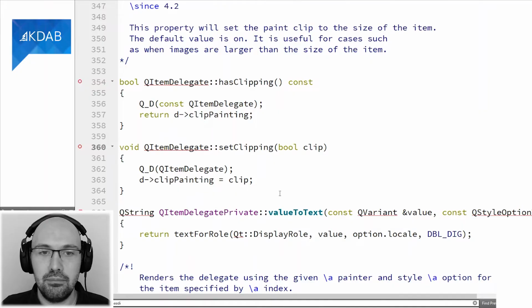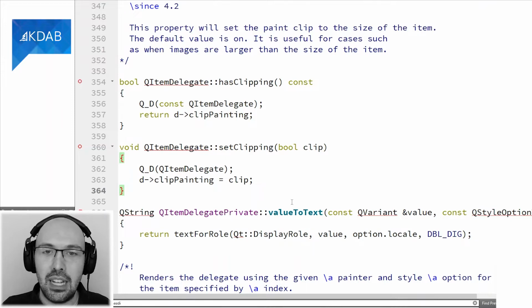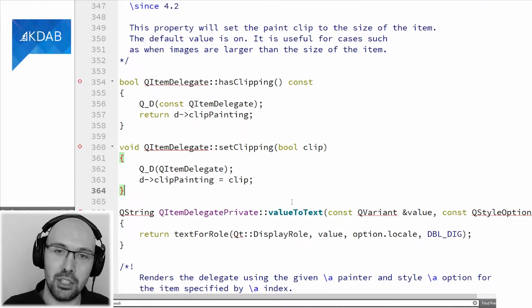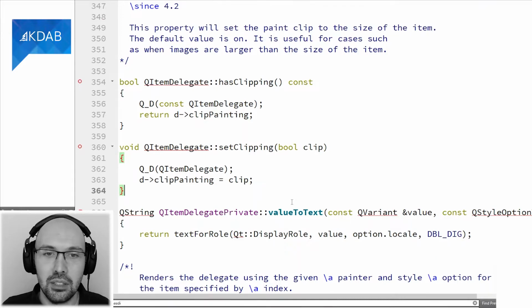Okay, let's have a look at the C++ code. There wasn't all that much in the headers file. In the C++ code, I'm sure we can find more interesting things. Let's jump into, I don't know, setClipping, because for whatever reason my eye fell on that one. So say that you are calling this function from your application code, and then you step through the debugger, you end up in here, and you can find more macros, Q_D, and you can find more mysteries.